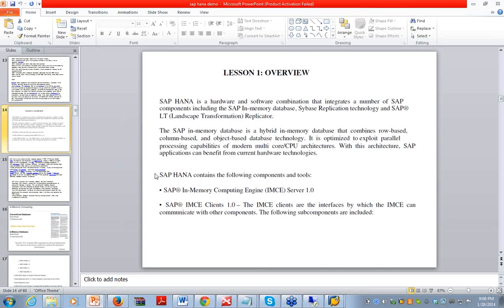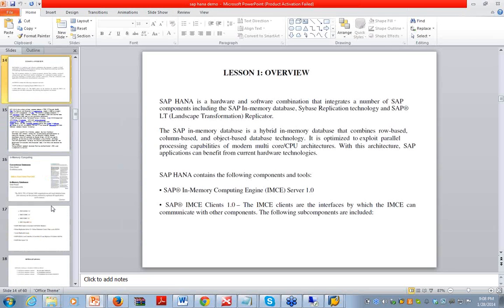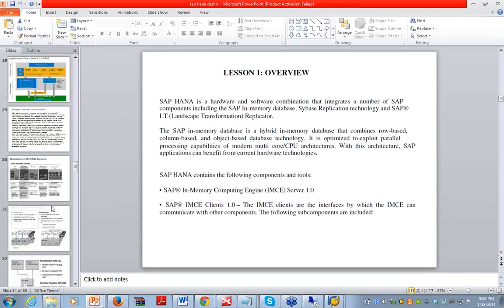It depends upon your RAM size. How much data you can accommodate depends upon your RAM size. So we have different HANA appliances. HANA appliance with t-shirt sizes, extra small,